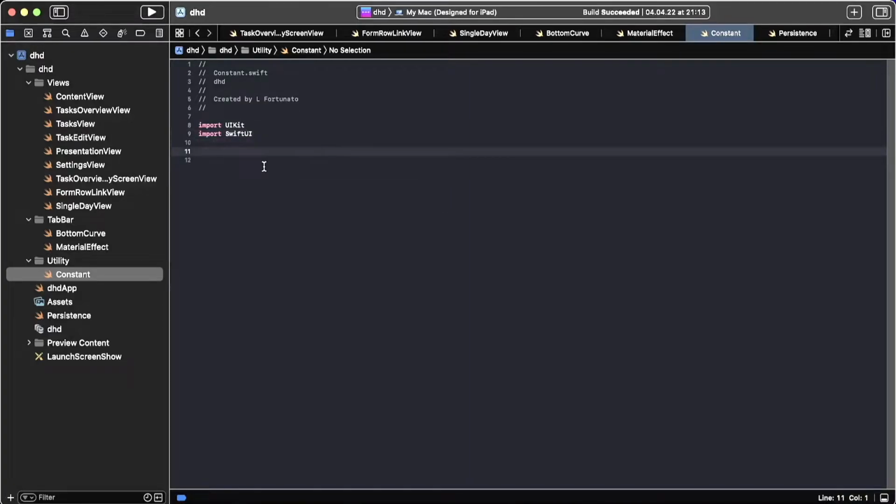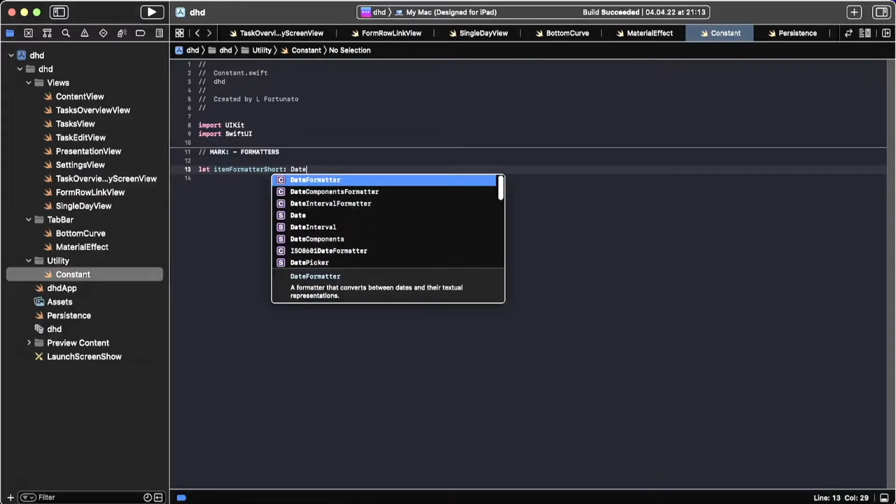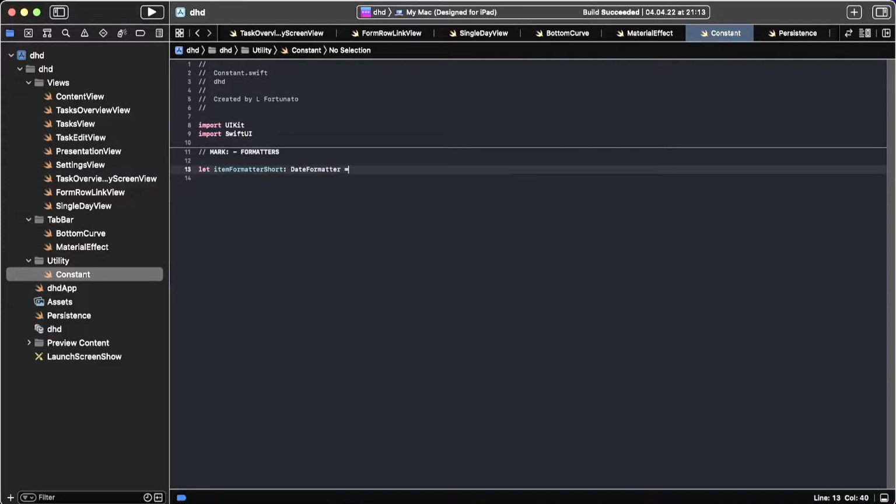Usually Xcode reminds you if you use something that you need to import a specific library, so it's very beginner friendly, I would say. So we will start with formatters: let itemFormatter short equal DateFormatter, equal brackets, let formatterShort